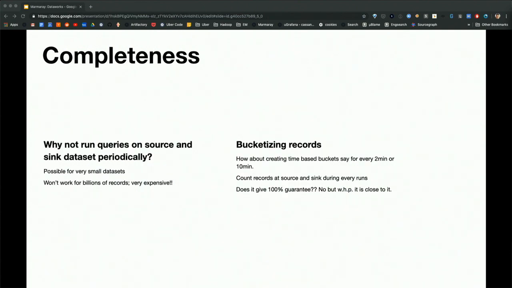It does not give a 100% guarantee, but it's very close to it, and we can configure our jobs so that for topics that are more important, if you have something below 99% completeness, we can fail the job and run again and ensure that you get completeness of data. In practice, we have been able to get something above three nines in terms of completeness. So we're pretty happy with that. Again, we also can't run queries because in certain cases like Kafka, there's a TTL of data and we have a retention policy, so you can't run the queries after a period of time and ensure that you have completeness.